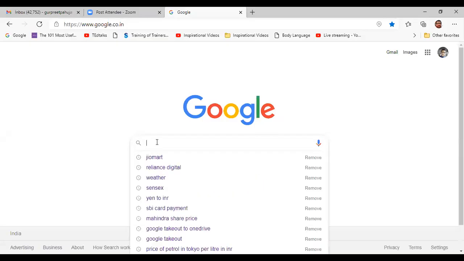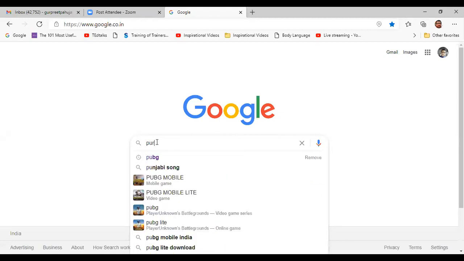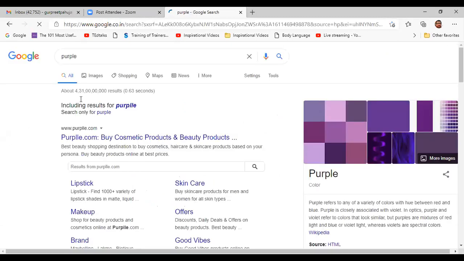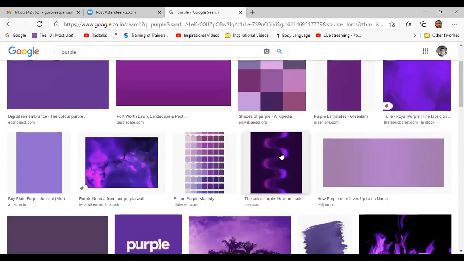Suppose I have some pink color or purple color. I'll just write purple and take an image. If you see that you like some color in this, there are so many good colors here. How to take that? I will do Control Shift and S and take a snip of it. It's already taken. Now I'll stop share, go to my PowerPoint window, and place this.